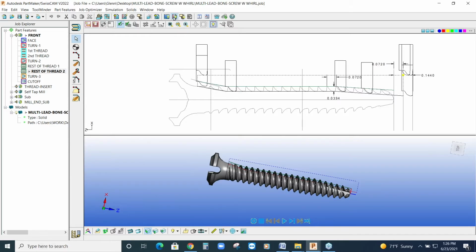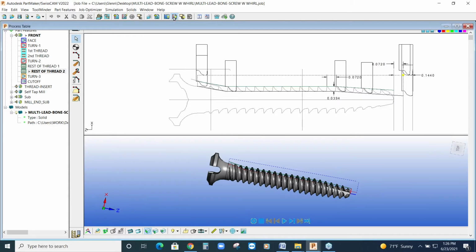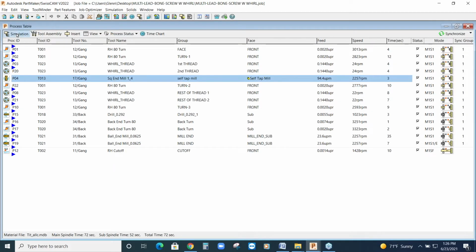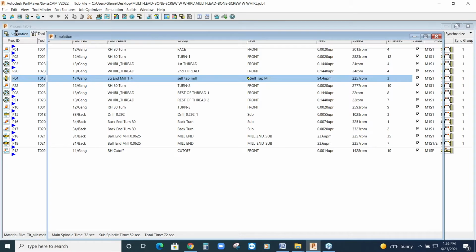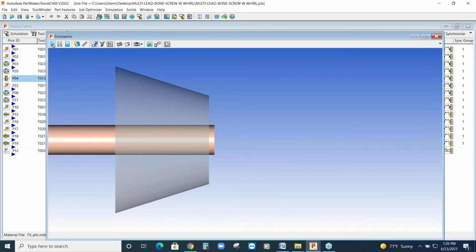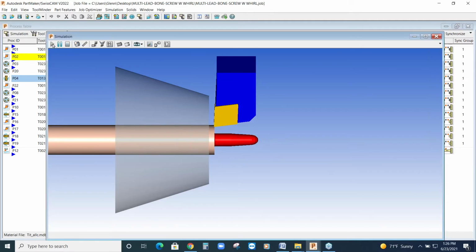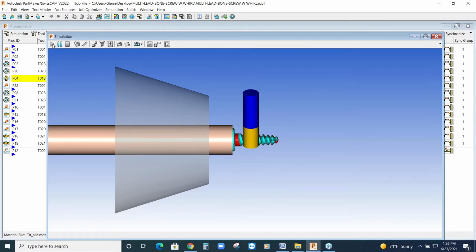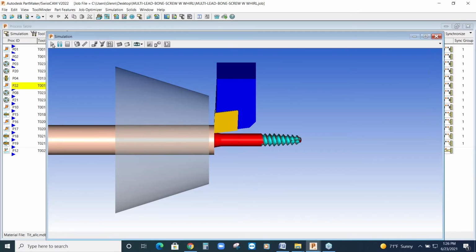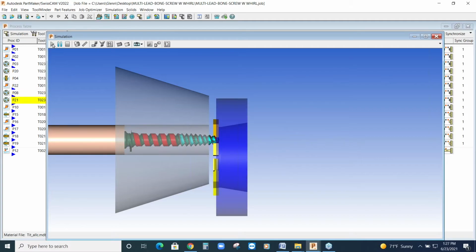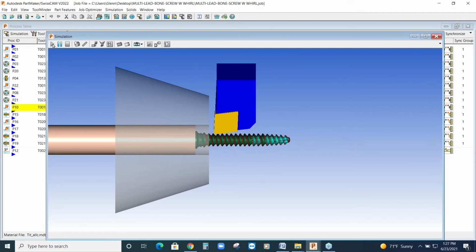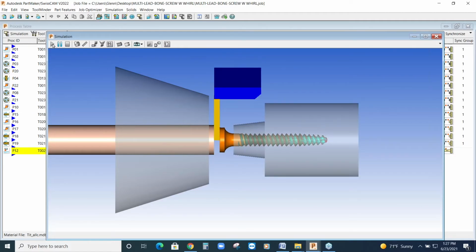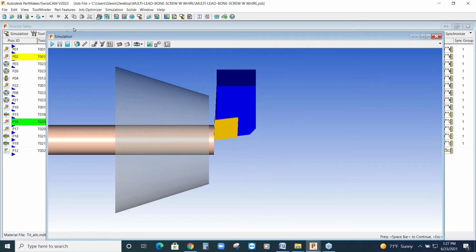So what's this look like? So we have this information. There's that milling that's done there. Face and turn. First thread, second thread, mills. And then it's going to do the rest of the part here, and finish that part. And if we stop this and show the finished part,